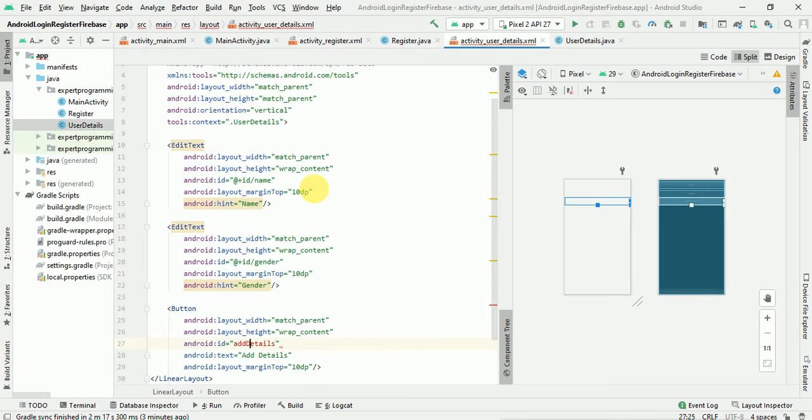This one will be @ID. Okay, so this looks good.